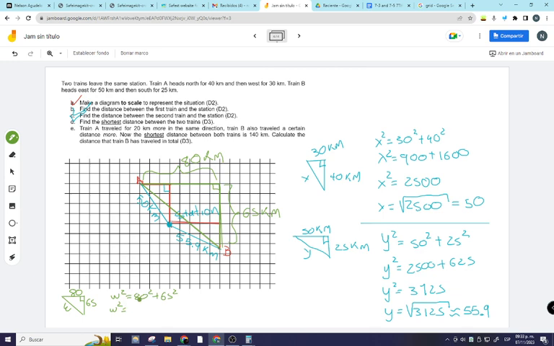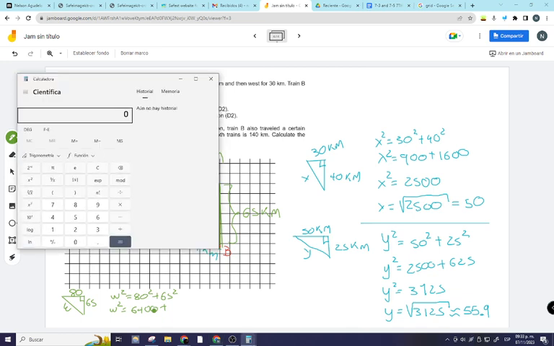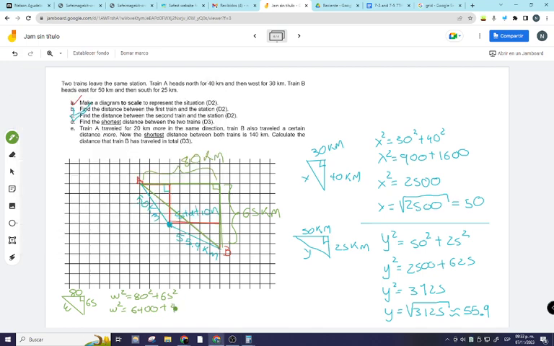W squared is 80 times 80 would be 6,400, and 65 times 65, let me do it, is 4,225. Now W squared is the addition of these two, which is 10,625, and